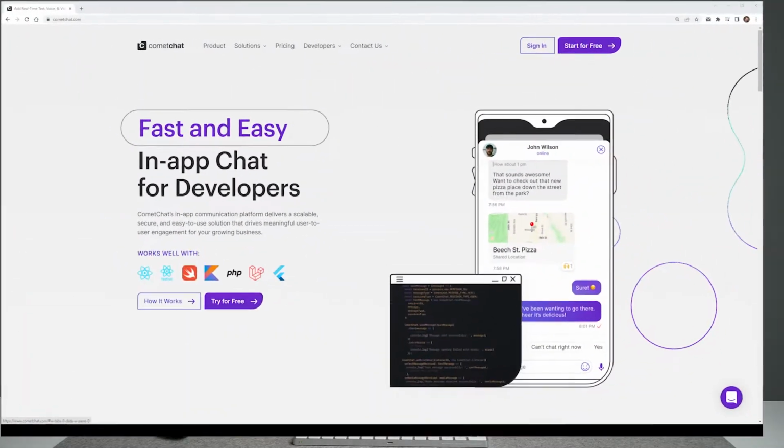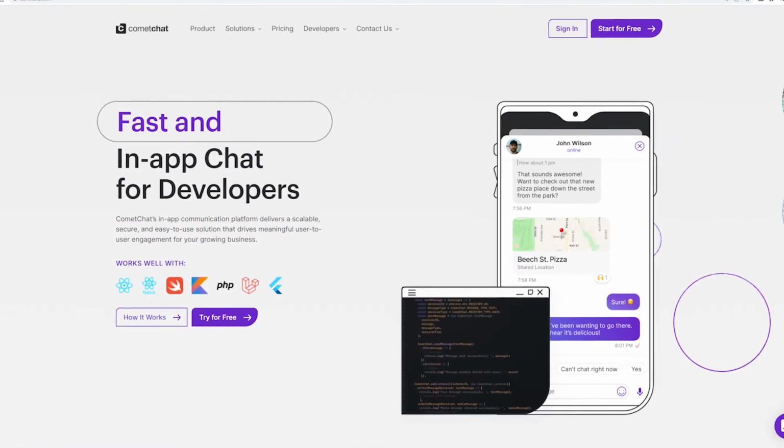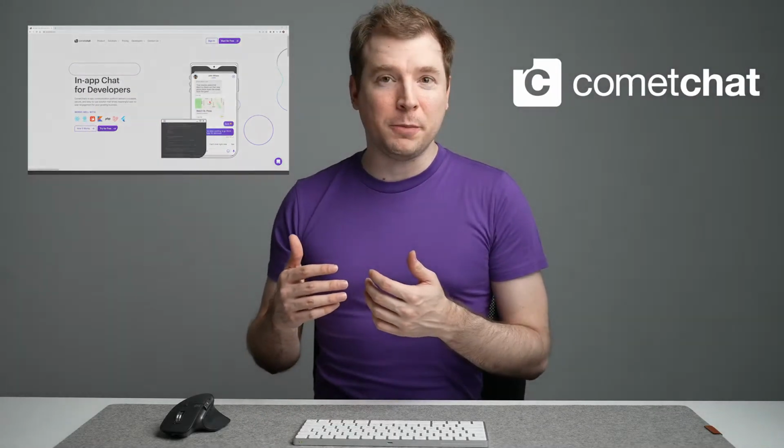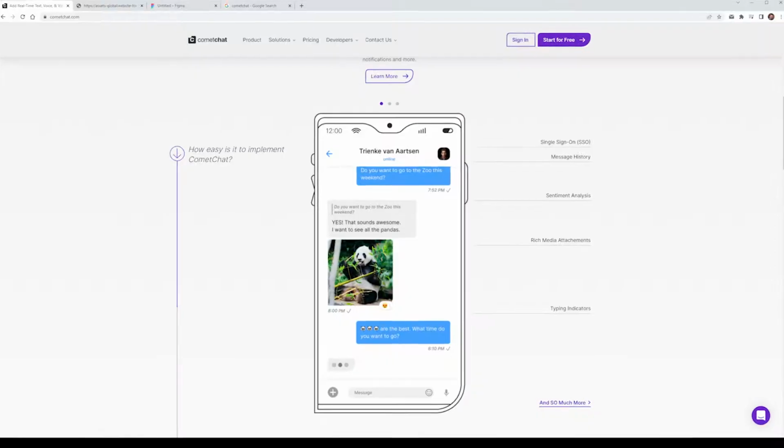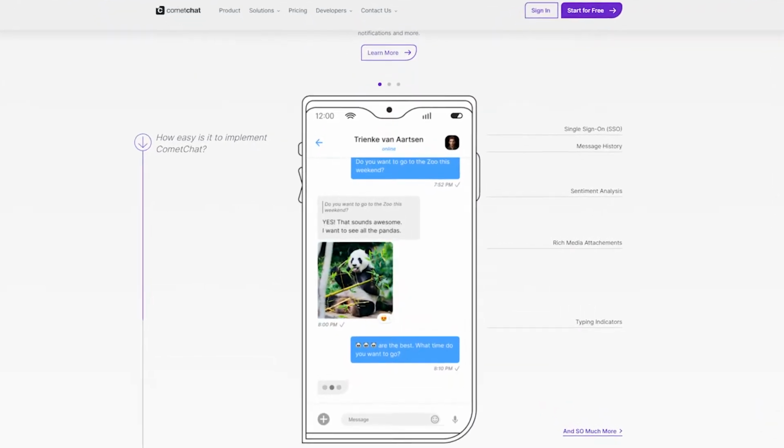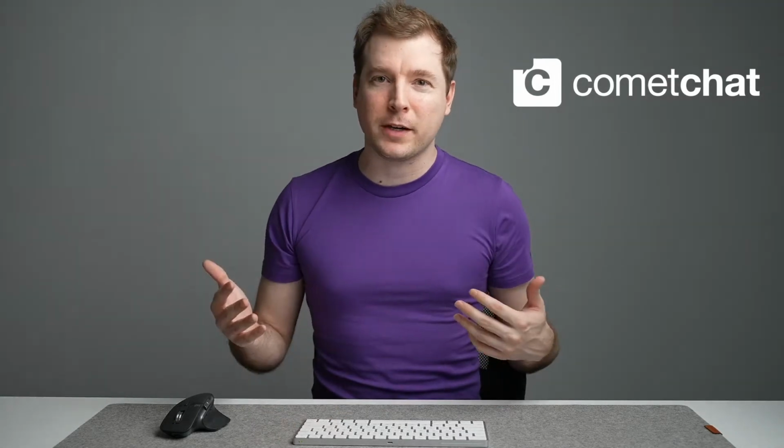CometChat is a communication platform, similar to things like instant messaging or group chats. CometChat allows you to build into your website or your application or even your web app live communication between users. It is scalable and easy to use, and we're going to explore exactly how it works and what it does